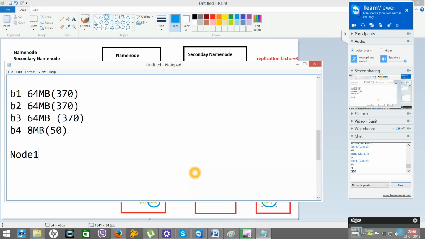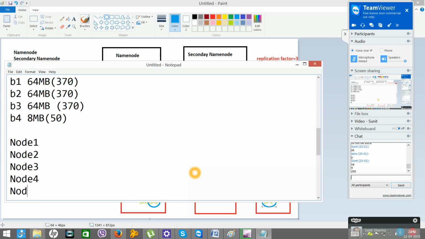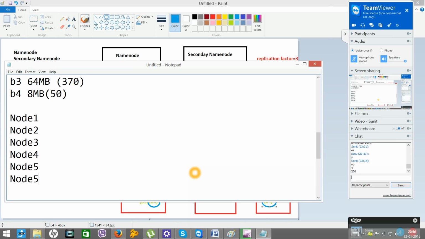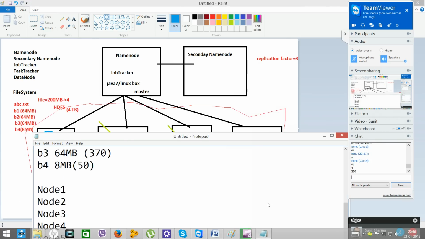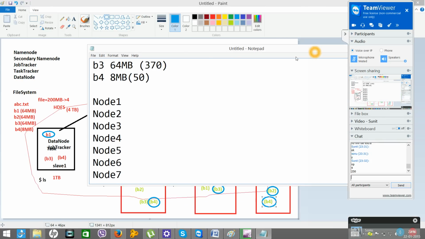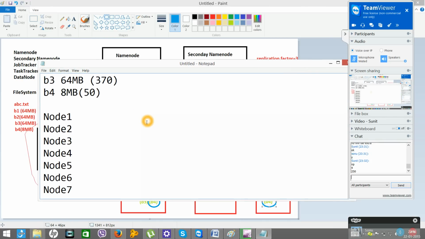Node 1, node 2, node 3, node 4, node 5, node 6, node 7. Node 1 will store B1, B3 and B4.